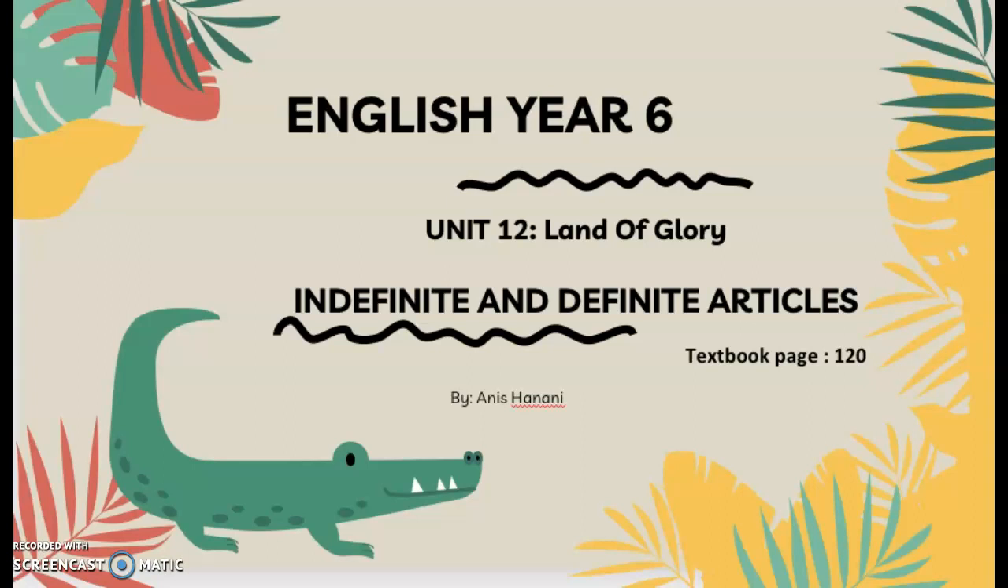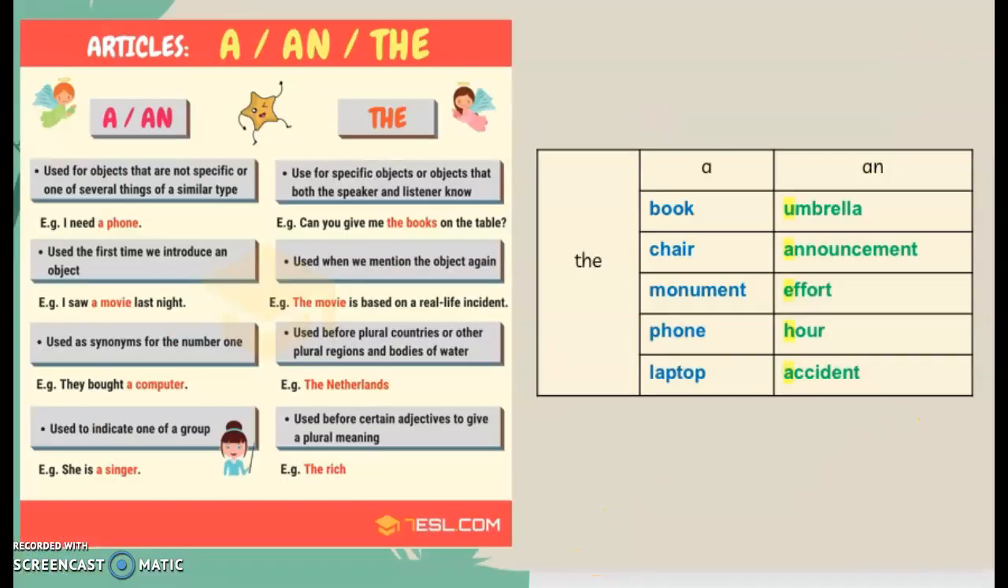So, okay, this is basically the simple note about the usage of articles. You can use a, an, and the. A and an are considered indefinite articles, but the is considered a definite article. Why? Because a and an are used to show a non-specific object, and to show a singular